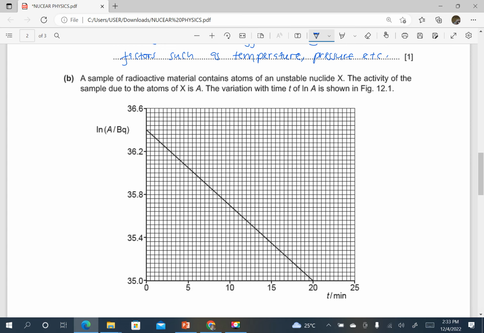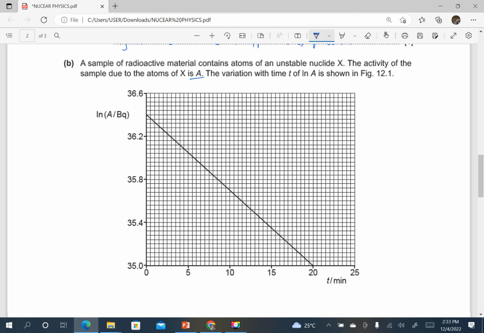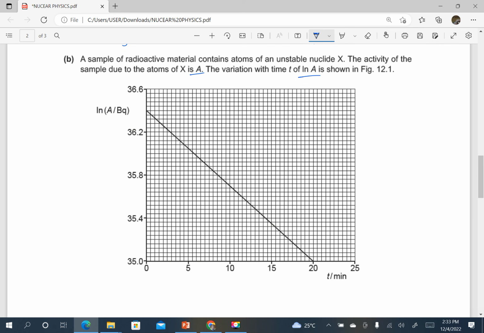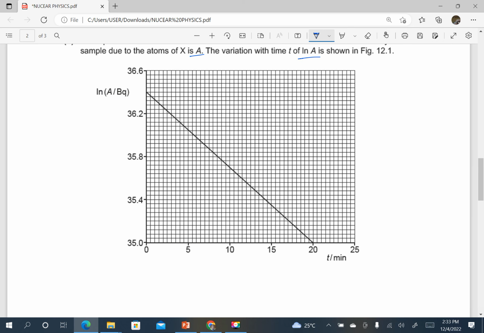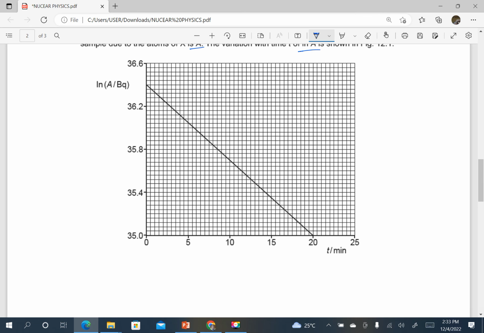A sample of radioactive material contains atoms of an unstable nuclide X. The activity of the sample due to the atoms of X is A. The variation with time t of ln of A is shown in the figure below. Remember, we know all along that activity is equal to A naught e power negative lambda times t. When we introduce a natural logarithm, you notice that ln of A is equal to